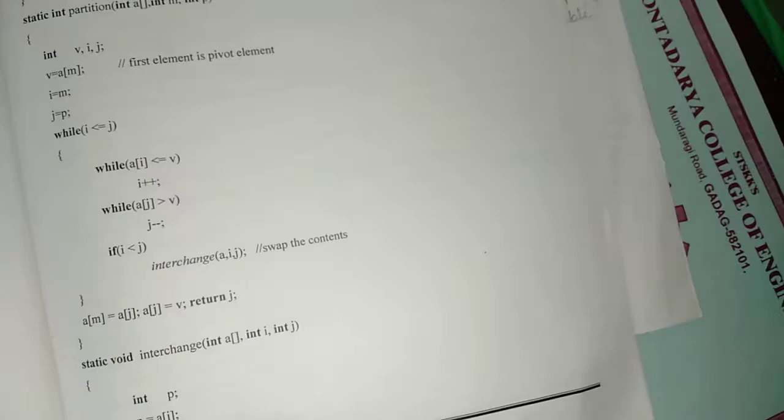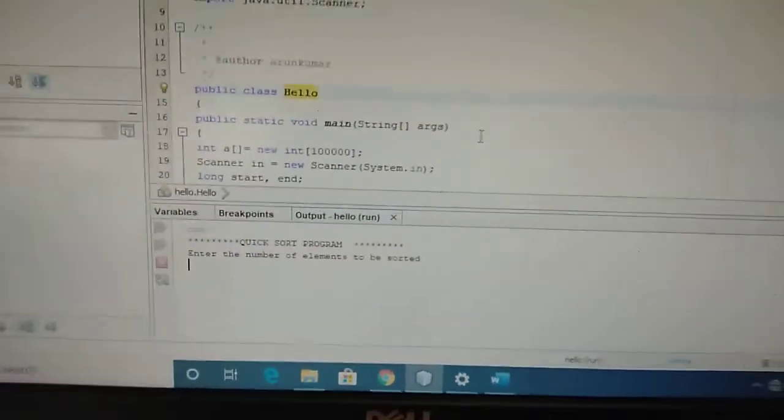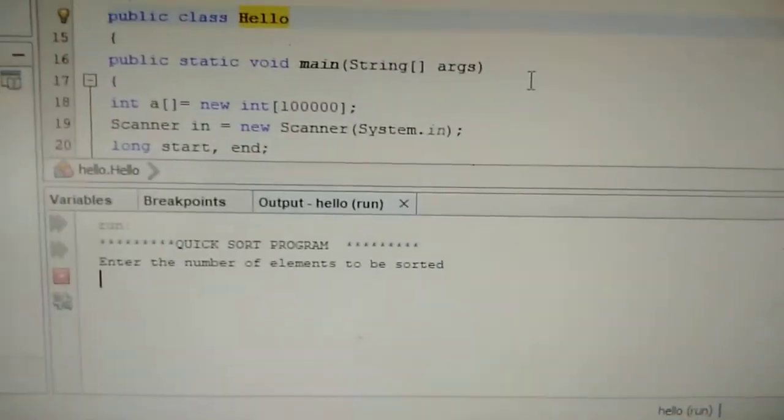Here I will show one case of the input. This is the screen. In the output, I enter the number of elements to be sorted.